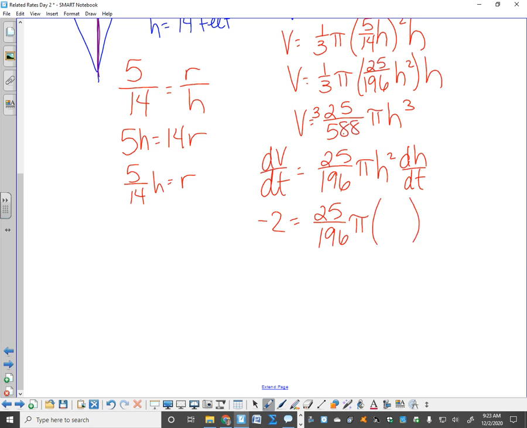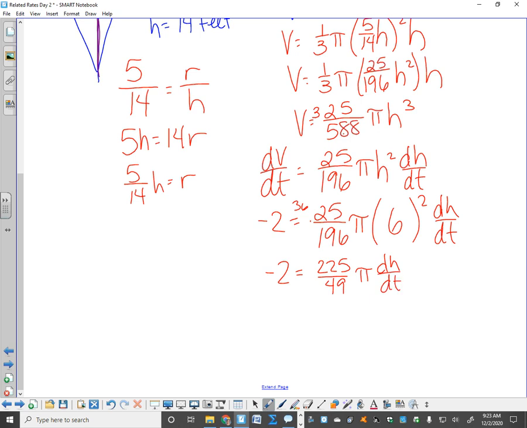I need h, and I want dh/dt. Oh, they told me h. h was 6. So -2 equals, 6 squared is 36. So then when I multiply this by 36, I can still reduce a little bit. So I'm on my calculator, guys, I'm just doing 36 times 25 divided by 196 and then math fraction. And it cleans it up very nicely for me. Okay, so make sure you're comfortable with that. I got 225 over 49 pi